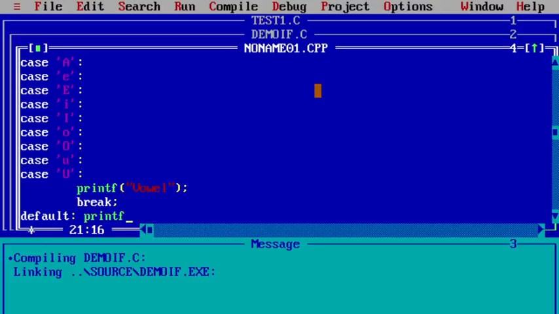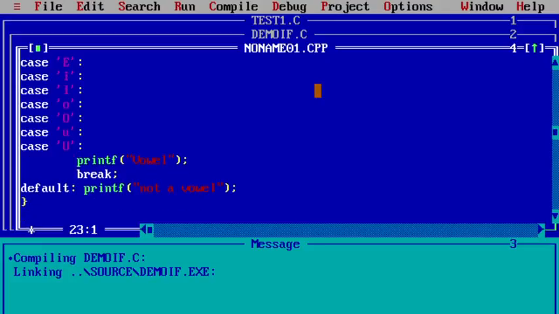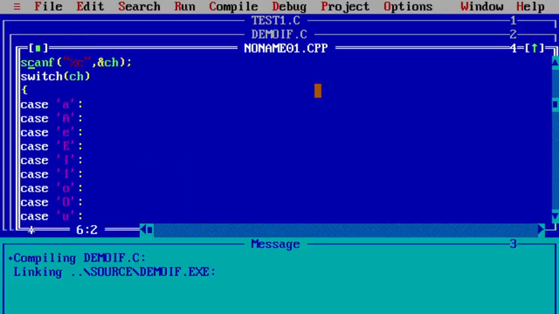By default, if it does not match then it's not a vowel. So it will be considered like this, it's not a vowel. Then I am using close of switch as well as close of main. So okay, fine.